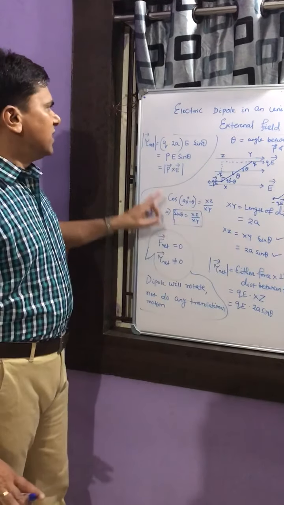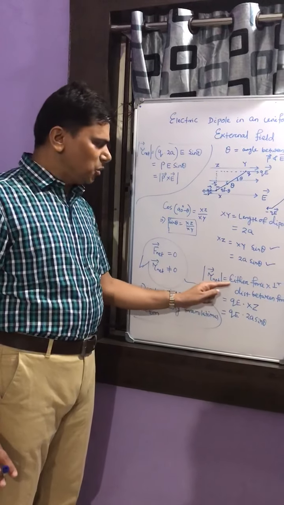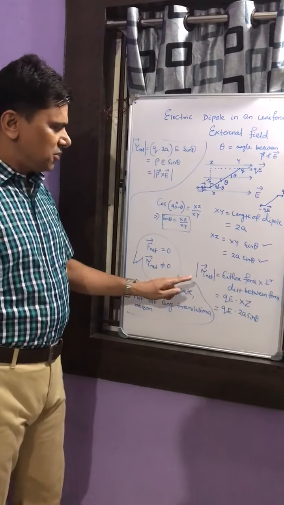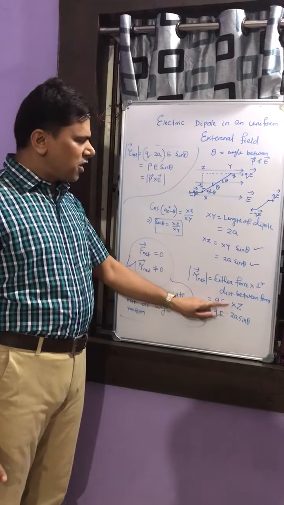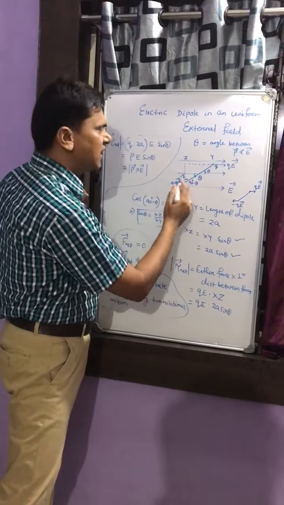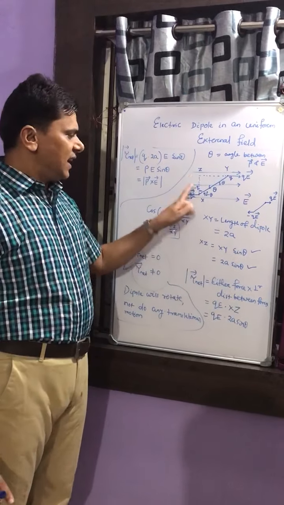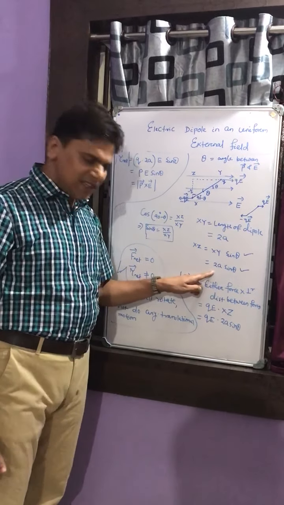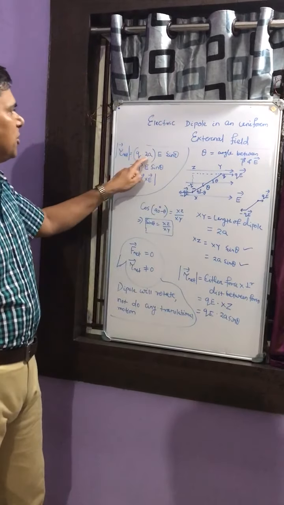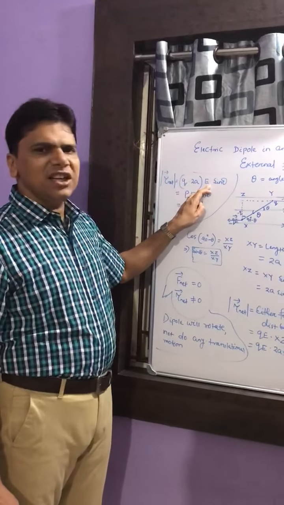Now you see we have the formula for torque, that the magnitude of torque is equal to either force into the perpendicular distance between the forces. So here either force is qE. The perpendicular distance between the forces: you see one force is acting along this, the other force is acting along this. So this is the perpendicular distance between the forces, that is your XZ. XZ we have already calculated as 2a sin theta. So now put it here, qE into 2a sin theta. Then q into 2a is P, that is the magnitude of the dipole moment. So it will be P into E into sin theta.